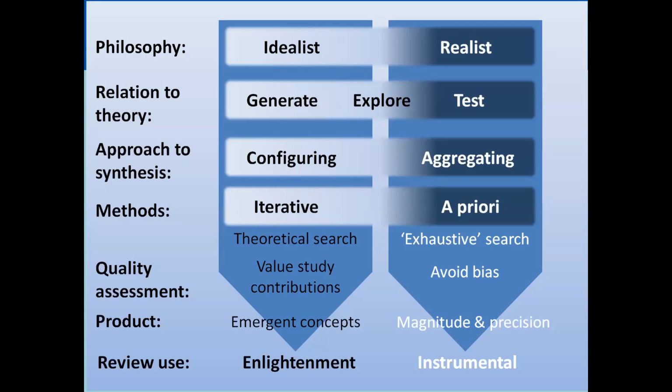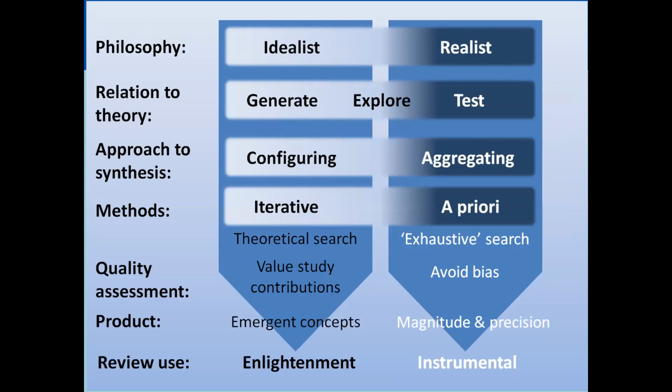But that said, although there is much similarity between qualitative evidence synthesis and the more standard systematic reviews looking at the effectiveness of trials, there are some clear and distinct differences. Fundamentally or philosophically speaking, they're pretty divergent in where they're coming from, with the effectiveness synthesis coming from a much more realist end of the philosophical spectrum, and qualitative evidence synthesis much more towards the idealist end of the spectrum. But also in relation to theory,